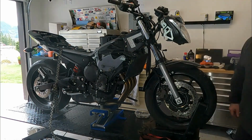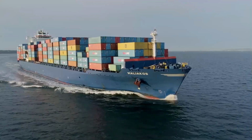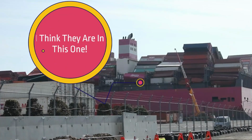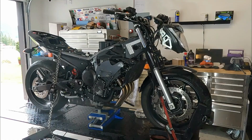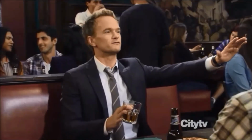So we're sticking to a stock look, and the body kit has been ordered, and it's on a very slow boat from China, like most things these days. I'll keep you in suspense as to what the finished bike is going to look like and the color scheme overall. Wait for it, wait for it...